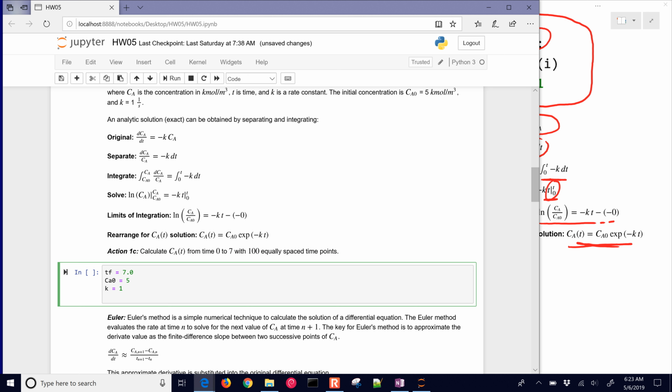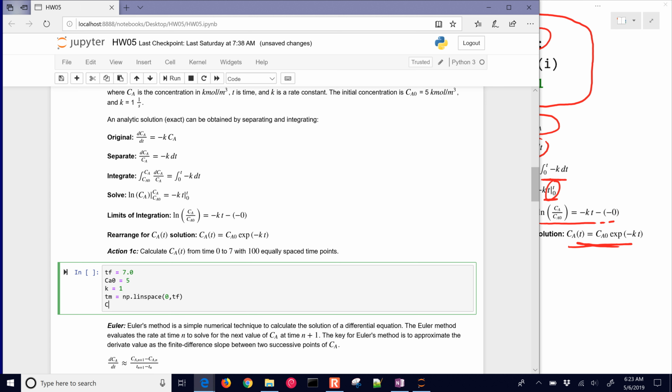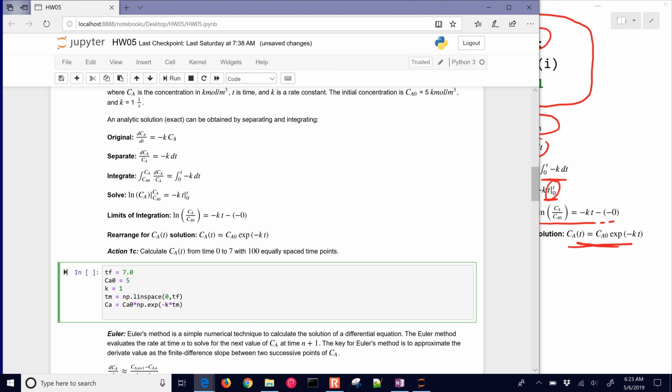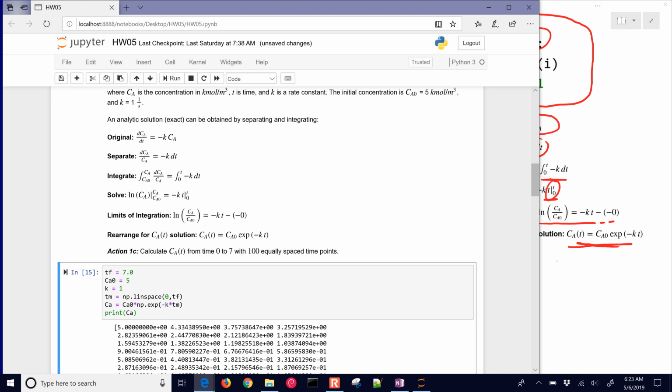And then we need to have some of our times here. I'll just say time equals linspace between 0 and the final time, and you could put as many points as you want in there, just go with the default of 50. And then we have CA equals CA naught times the exp of minus k times time. And then we can just print CA to look at those. So this is our